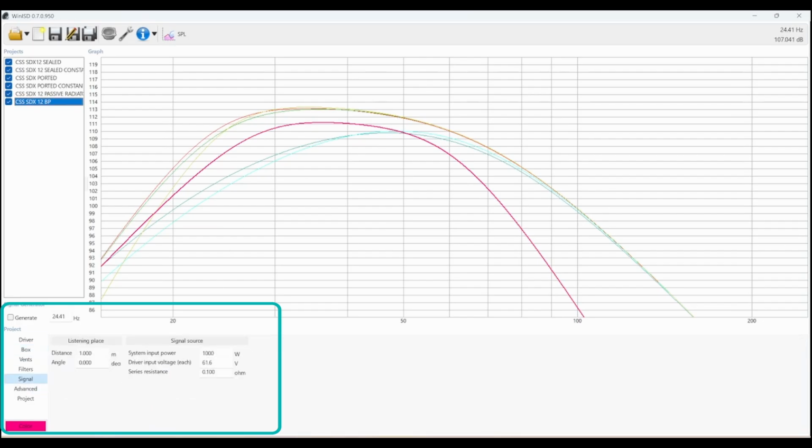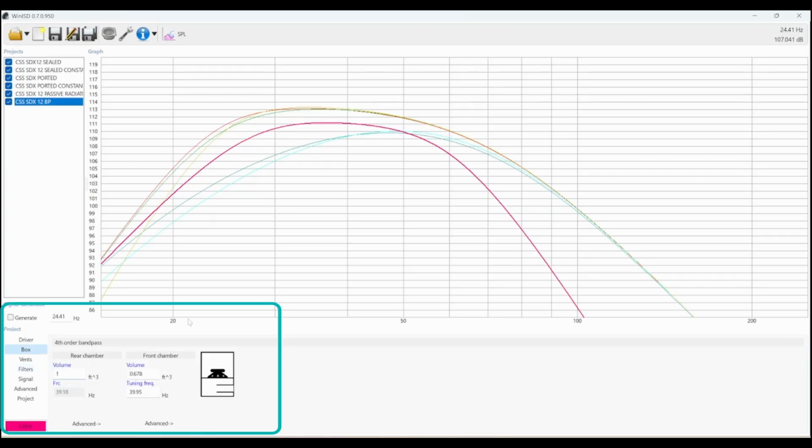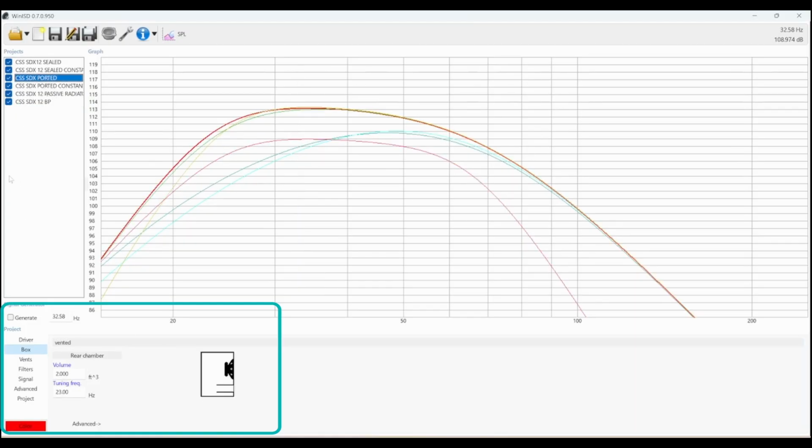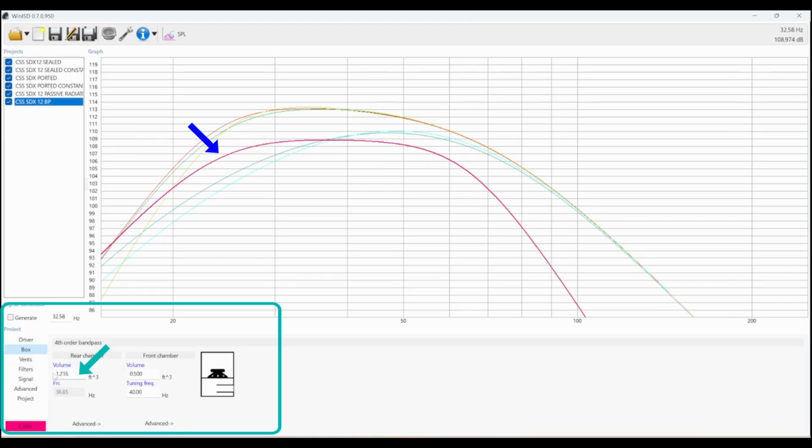Right away, there's no advantage here in the design. Let's just round up some numbers to make it a little easier. Say 1 and 0.5 cubic feet and a tuning frequency of say 40. There's no advantage of this over a ported box, also at 1.5 cubic feet. Now those boxes were actually like 1.8 and 2 cubic feet. So if we distribute some of that space, we can see as we increase this here on the rear chamber, it actually lowers our performance. So changing to a smaller airspace increases this little hump, but still gets nowhere near a ported box for this